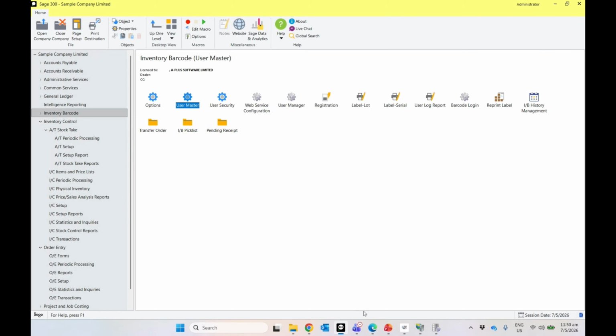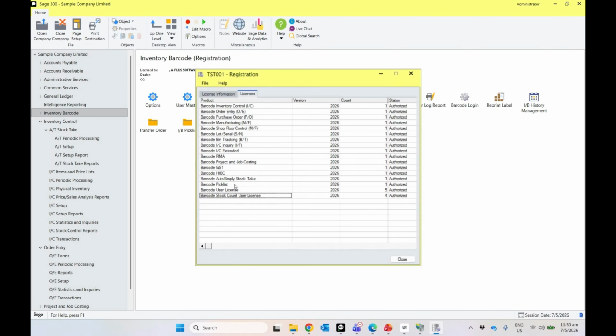Now, for the last 10 minutes of today's barcode session, I also want to quickly show you GS1. So GS1, as we said, is a barcode standard, globally supported. We have a barcode GS1 module. So if the client opts to have a GS1 barcode module, it allows them to scan barcodes with GS1 information and auto-populate that data into Sage. So to demonstrate that,